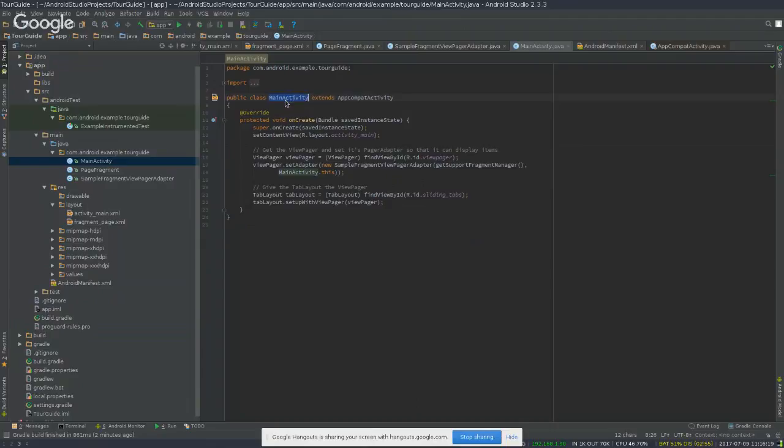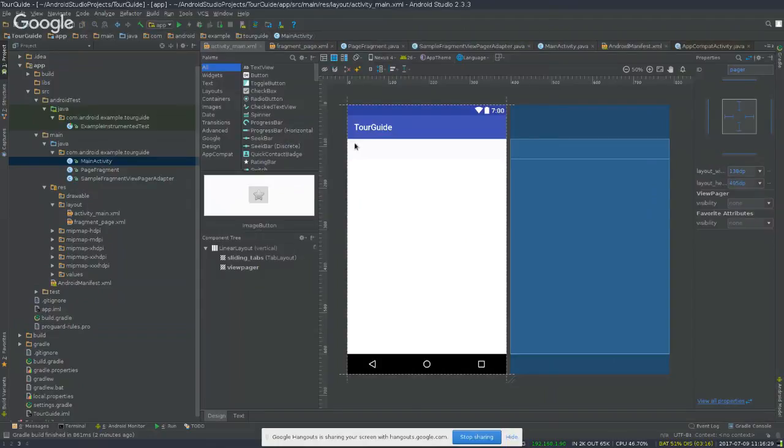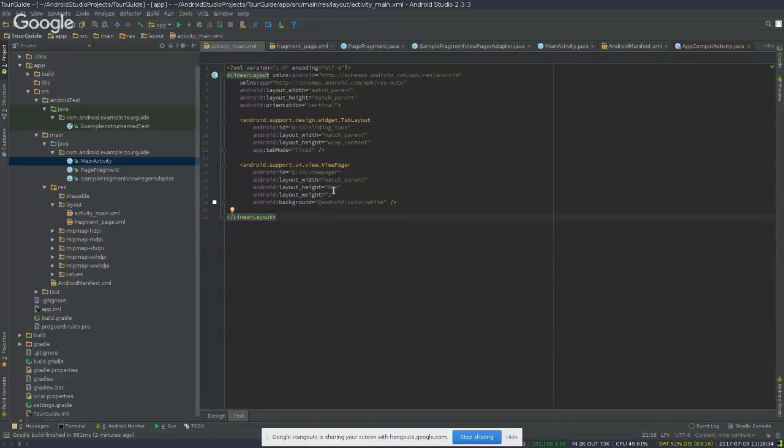As any activity, we are setting a content view so that this activity can be associated to a certain view. So let's have a look at this view called activity main. In this activity main right now, in the designer, you don't see anything. However, if you look in the textual representation of it, we can see that from the support library, we have